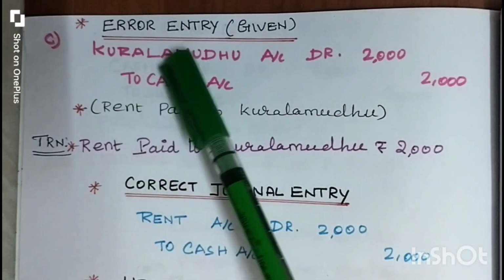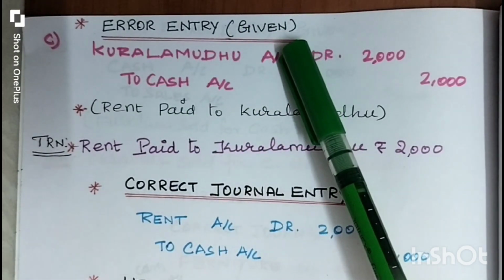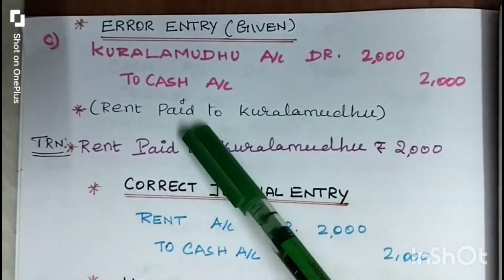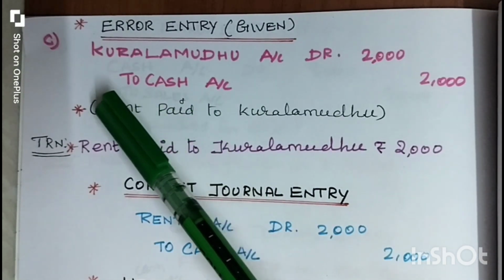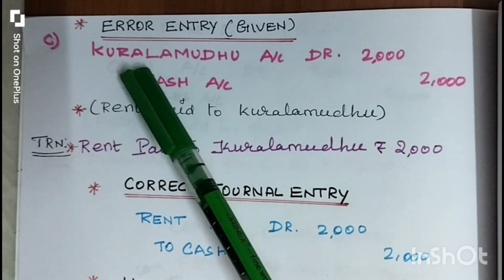The next journal entry is an error journal entry given here. We need to find the error and rectify it. We have to give the rectification of the journal entry. The given journal entry is